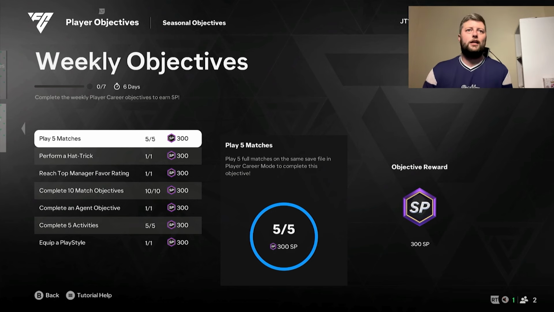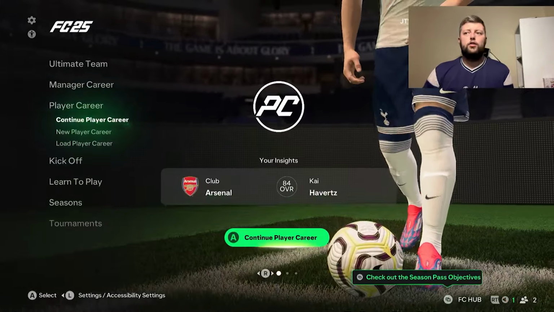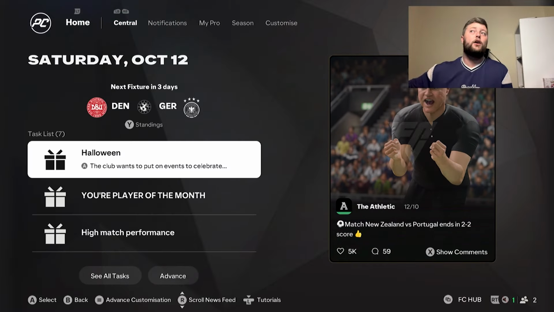You might have to do the full matches, which isn't necessarily too difficult. You could put it on the lowest amount of minutes. So if we go into our career mode from here, if you are looking to do this really quickly, then obviously saving at a point where you know everything can be done pretty quickly, and then overriding it if you are already still playing it, you can load up then the previous save,